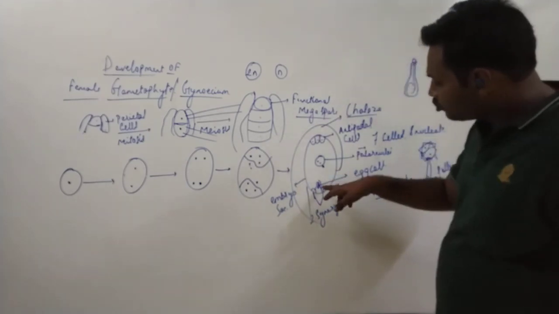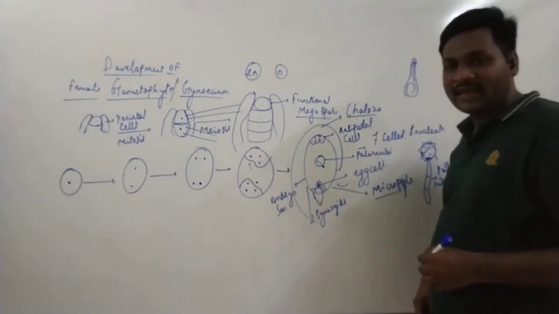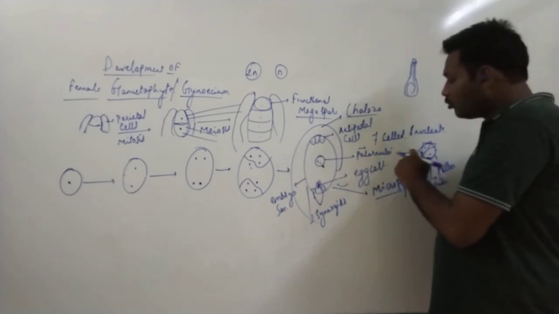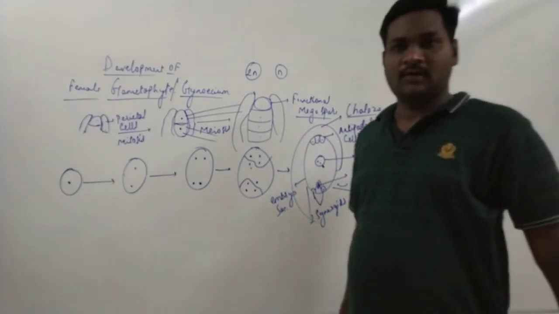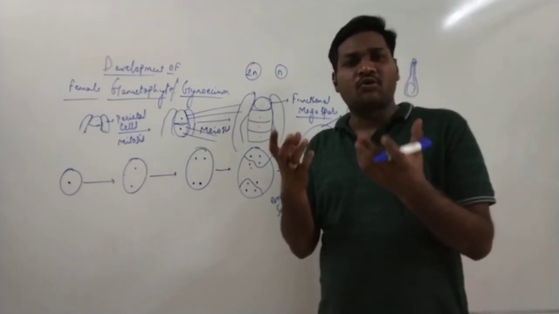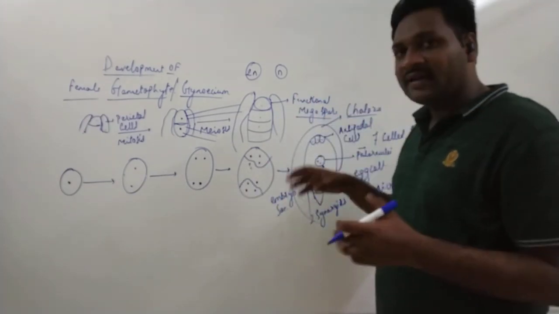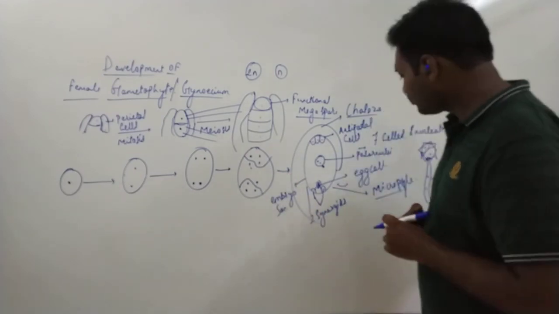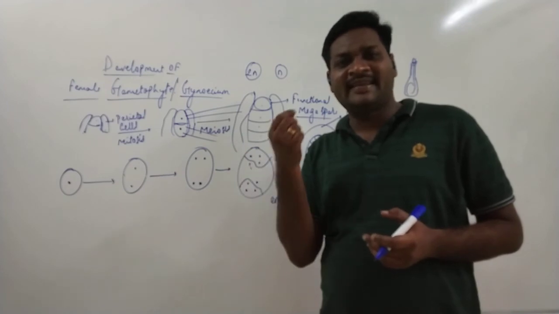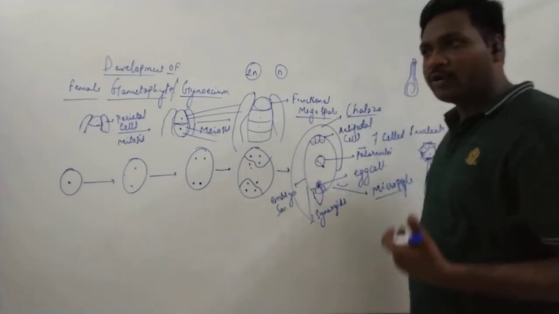The male gamete which fuses with the egg cell will form the zygote, and the male gamete that fuses with the central or polar nuclei will form endosperm. Endosperm is the nutritive substance. In the coconut, the coconut water or the fibrous part that we eat is nothing but endosperm, liquid as well as hard endosperm. Even in many seeds, like maize and jowar, the powdered form is also an endosperm, which is a nutritive substance.